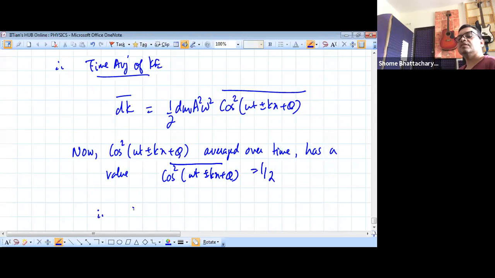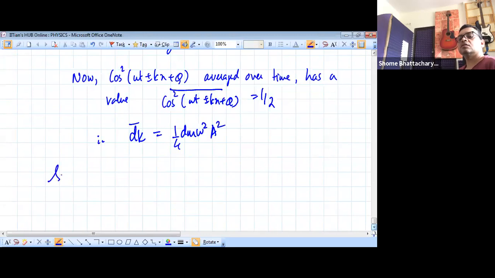So therefore the average kinetic energy of oscillation will become 1 by 4 dm omega square e square. Now since these particles are in SHM, we will say that the average kinetic energy